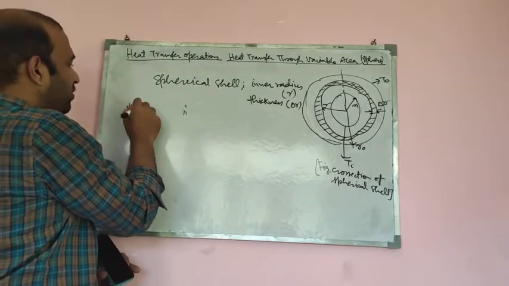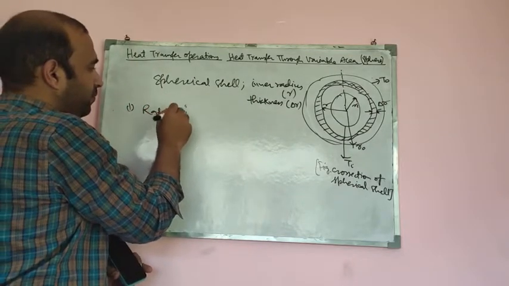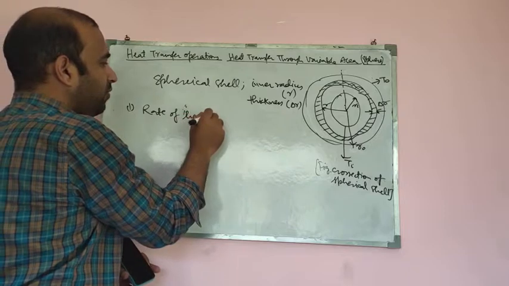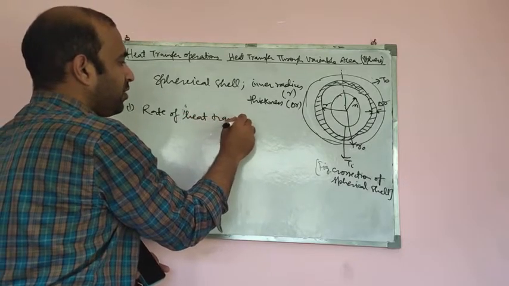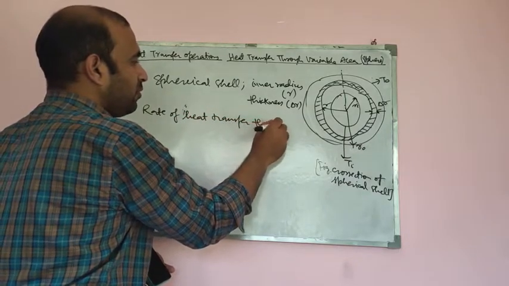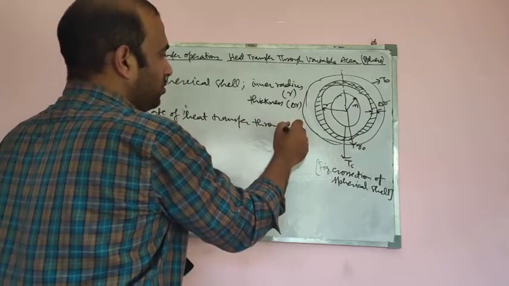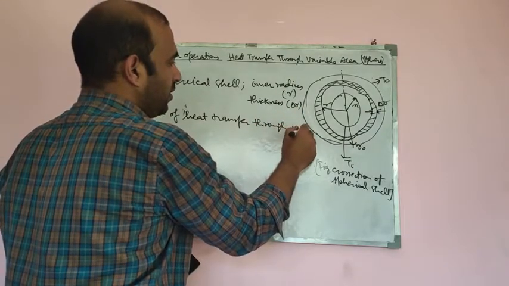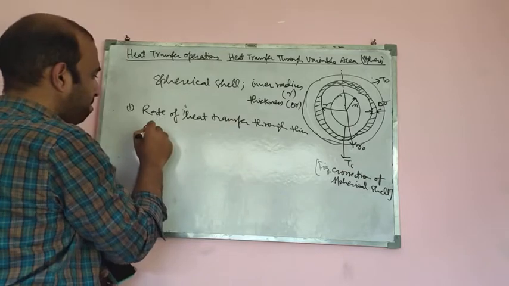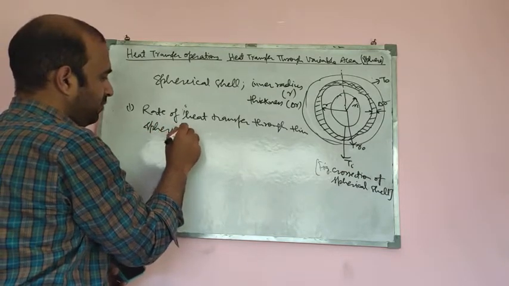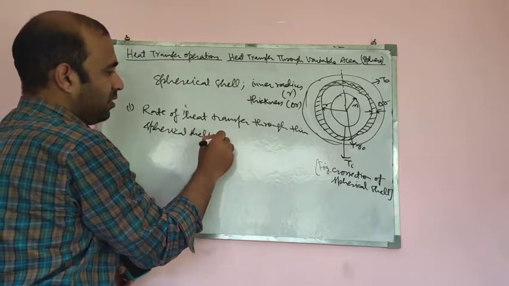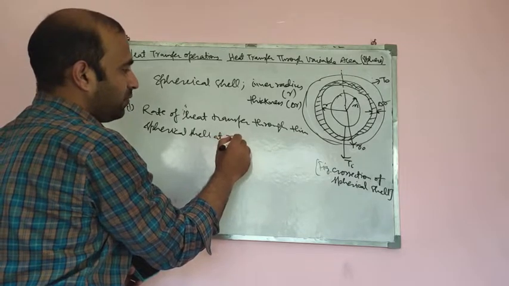So if I write the rate of heat transfer through the thin spherical shell at radial position r,